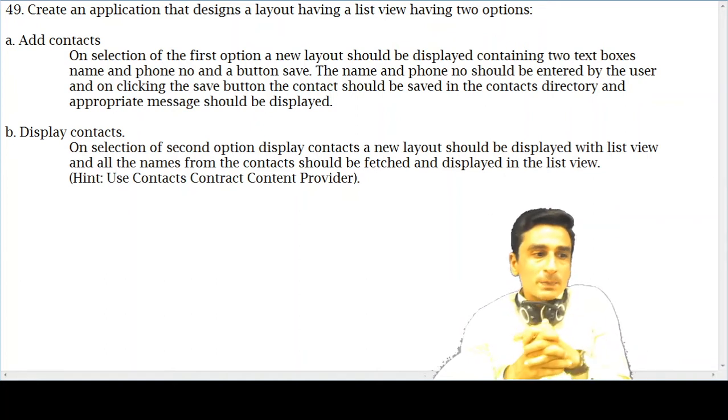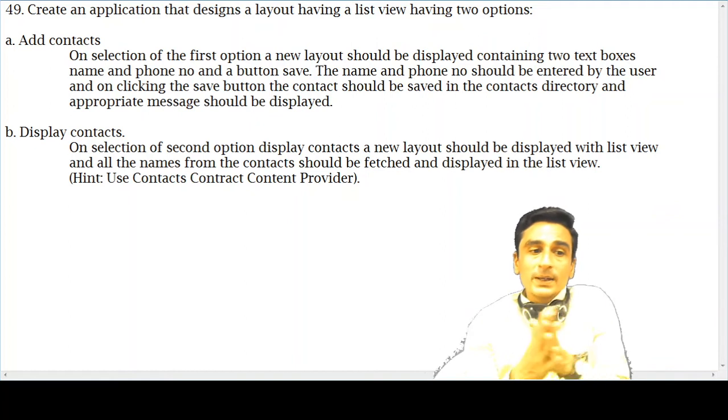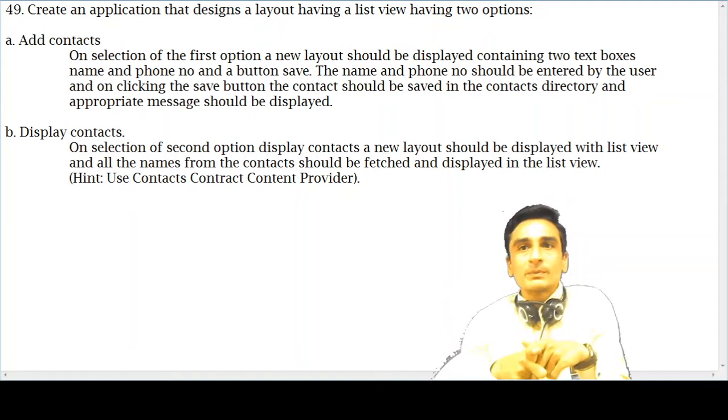Display contact is the second option. On selection of the second option, a new layout should be displayed with a list view, and all the names from the contact table should be fetched and displayed in the list view. So we have to just show all the names of the contacts, only the names.